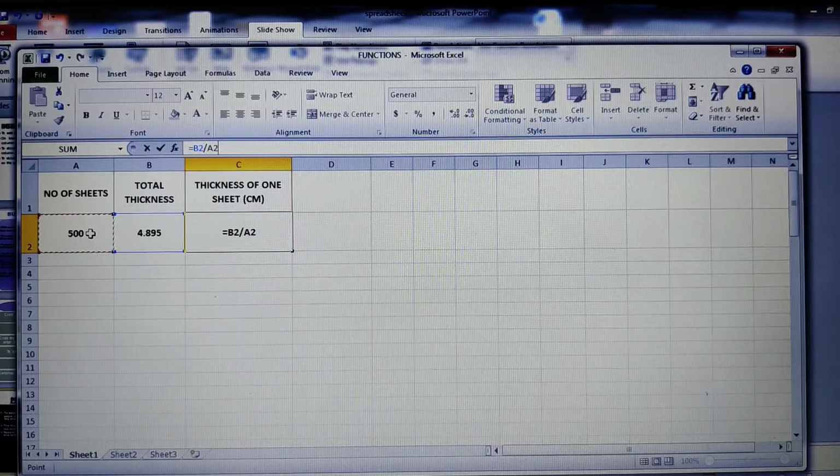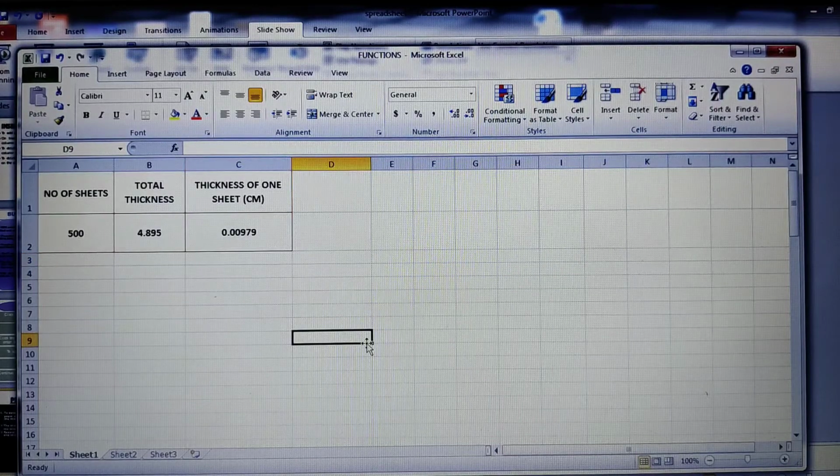After you type in the formula, click onto enter. So I got the thickness of each one sheet as 0.00979 centimeter. This is how you can calculate the formulas in Excel. I hope, children, you are able to understand.